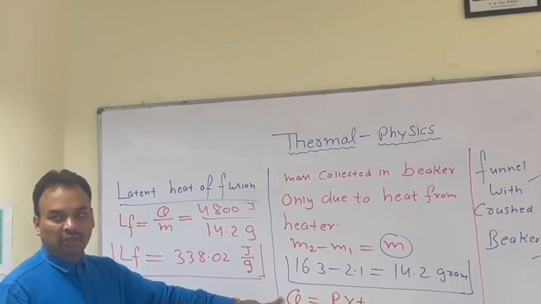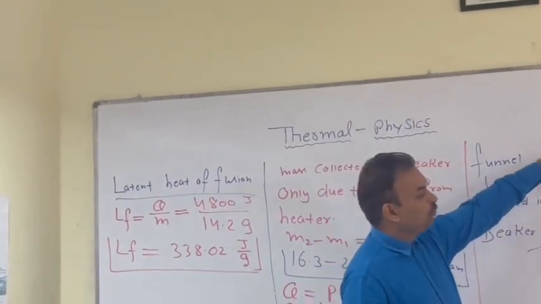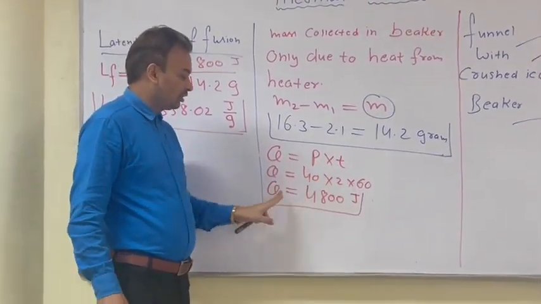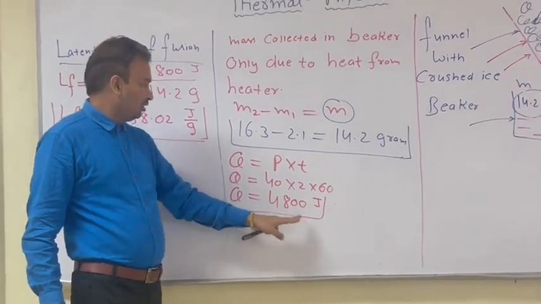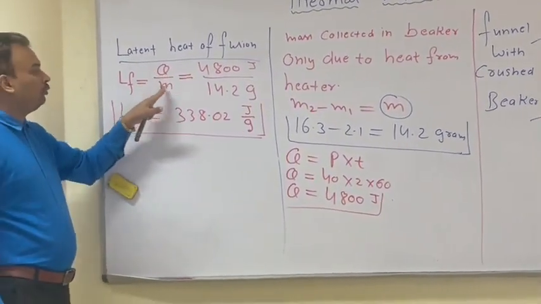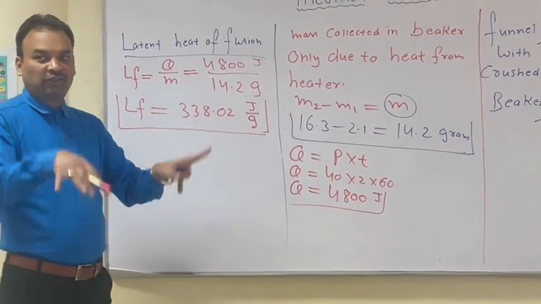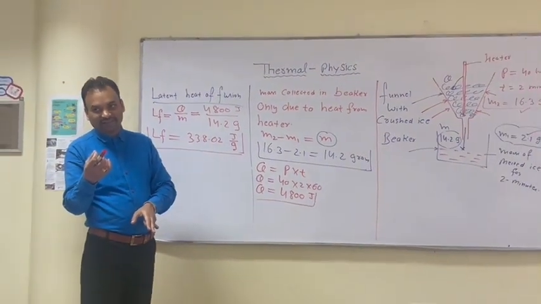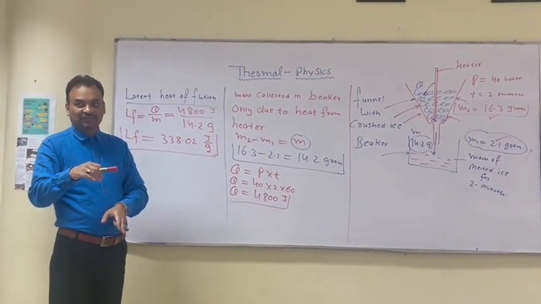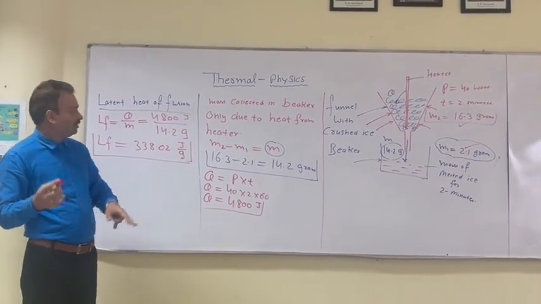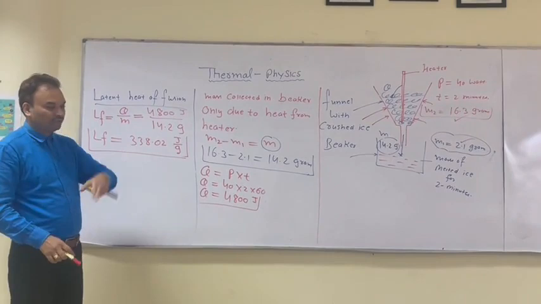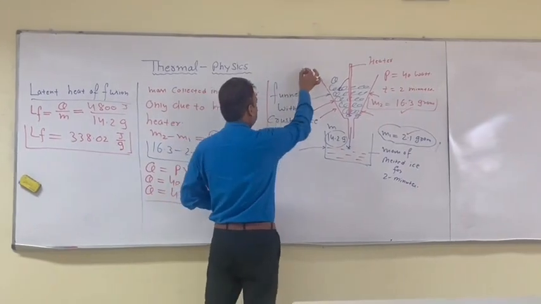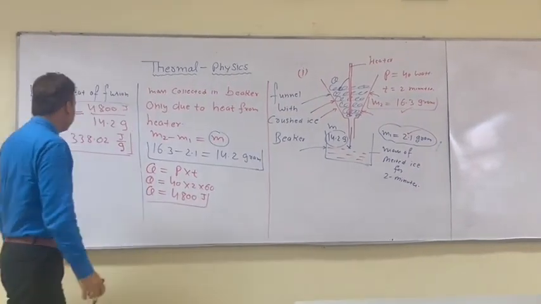And now how to calculate the heat supplied, Q, by the heater? Simple formula, just multiply power with time. Take the SI units, right? And then finally for latent heat, just divide Q by M. Q is what we are giving to the ice, and M is what we are getting from the ice. So Q divided by M will be equal to this, right? So this is the first part of this activity. In the second part,